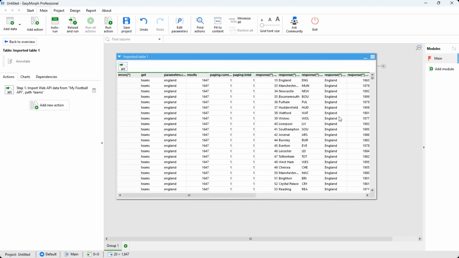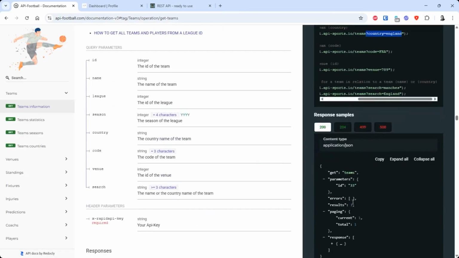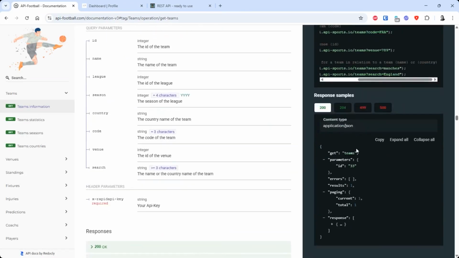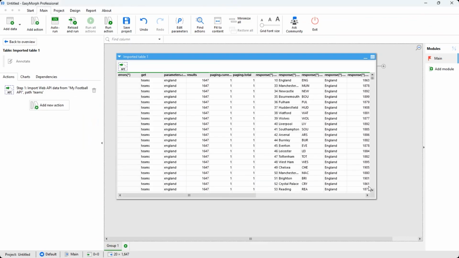So one point that may have been missed and isn't obvious at first sight is EasyMorph gave us a really nice table of data back, but that's not what the API sent. The API sent, as we can scroll down in the examples, JSON, which is messy and not fantastic for us to be able to read and use in tabular form, as we're all really used to. Thankfully, EasyMorph again tries to take over and take away the pain, and it will look at the response, the type of data in that response, and it will try and automatically convert that into a table of data for us, which we can then use and